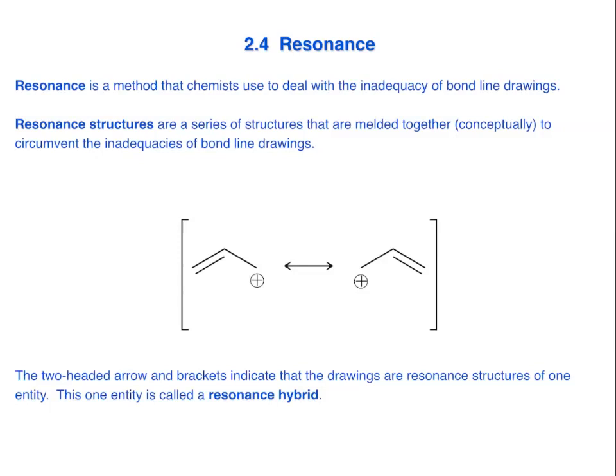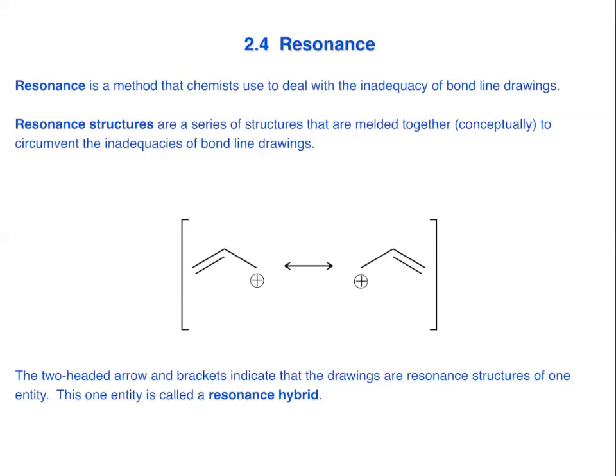In this video, we're going to cover section 2.4 on resonance. Now, resonance is a method that chemists use to deal with the inadequacy of bond line drawings. And we draw resonance structures, which are a series of structures that are melded together conceptually to circumvent the inadequacies